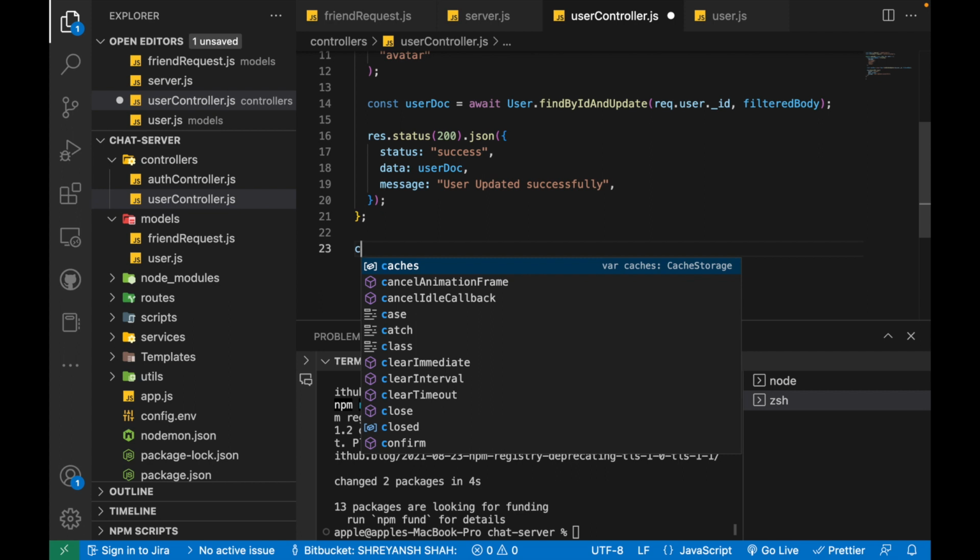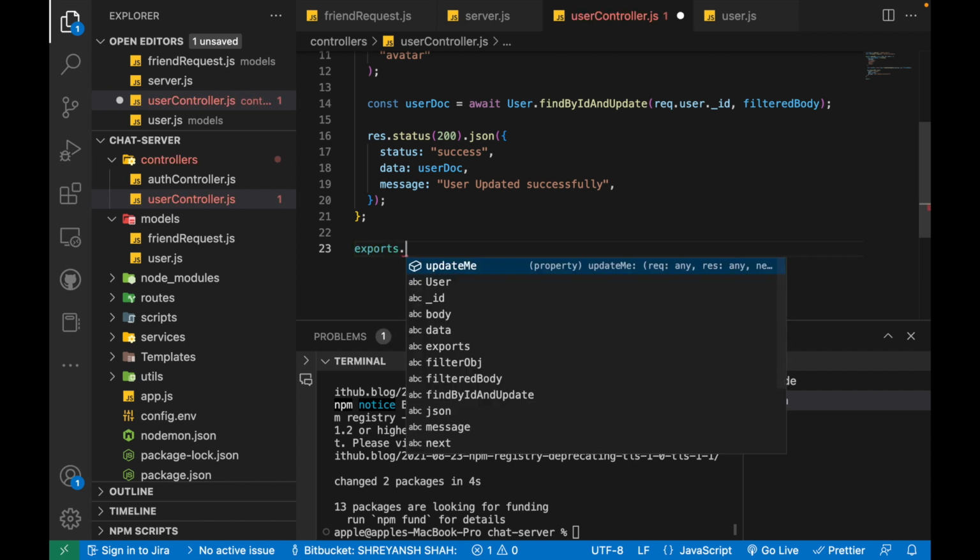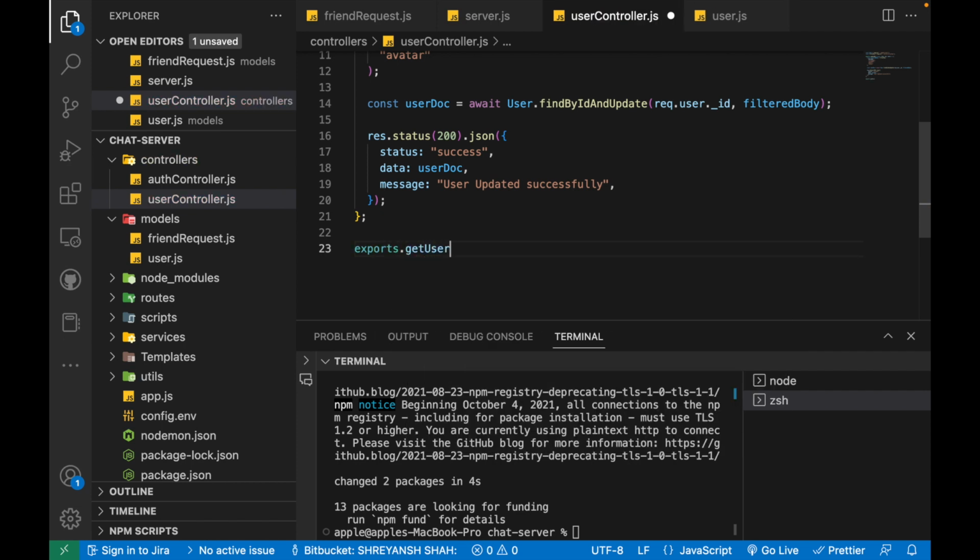So there has to be an endpoint for that, because we are going to display a list on our UI and then take actions from there. For that we are going to create a new controller here, and I'm just going to call it get users. So I'll write exports.getUsers,